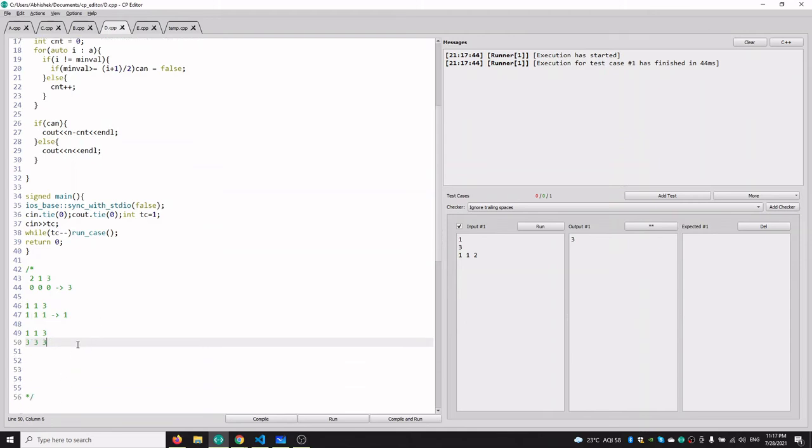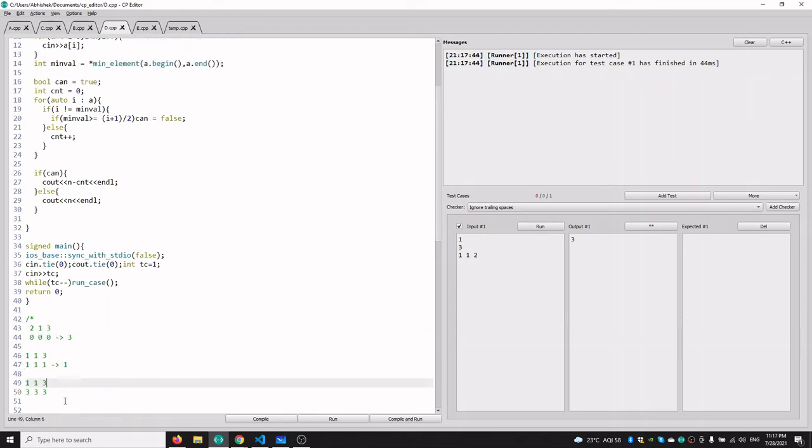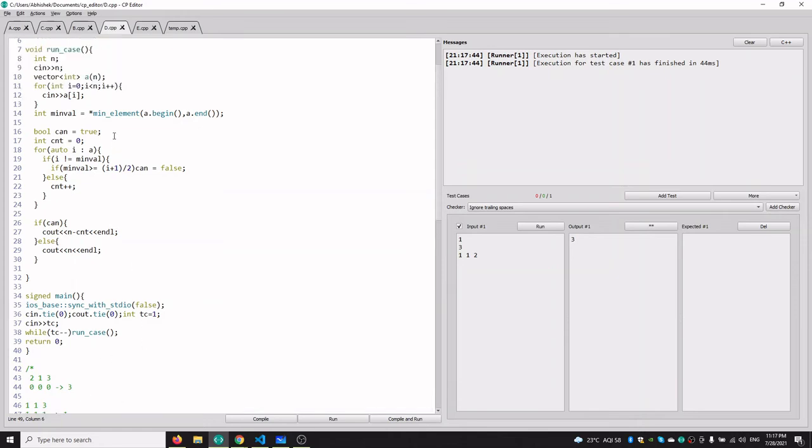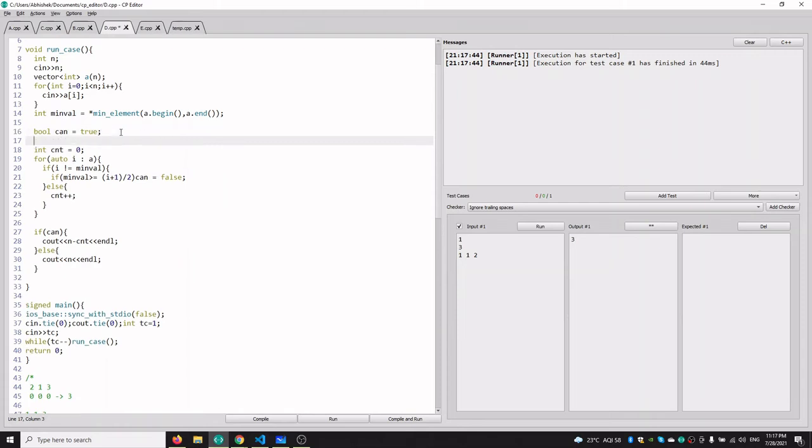So either we convert the whole array into 0, or into the minimum element. We check this in our code and make a boolean: can we convert the whole array into the minimum element of that array?